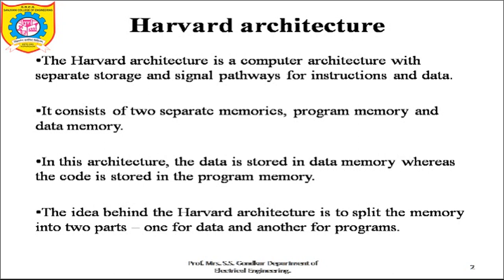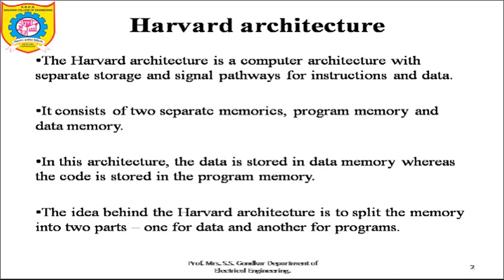You will need some wires. Wires are called buses. So in order to make the code reach the CPU, you have to use a bus. What is a bus? A bus is nothing but a medium to move from one place to another place. Earlier computers used the same bus for accessing the code as well as data. It means there was a common bus.